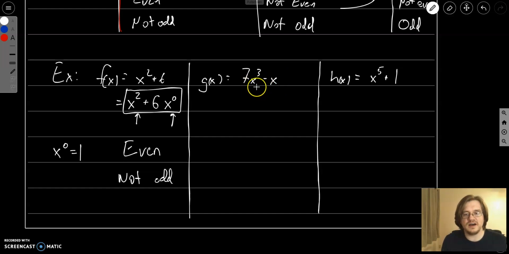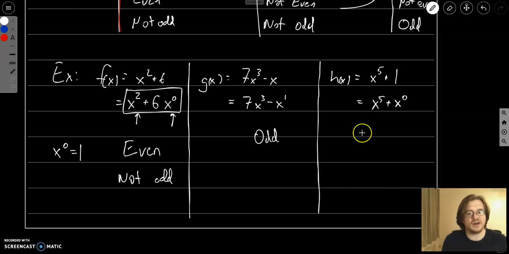Over here, when I look at these powers, I have an odd power, and x by itself is just x to the first power. So this is going to be an odd function. But this last one, x to the 5th plus 1, well 1 is x to the 0. I've got a mix, one even and one odd. So this is neither even